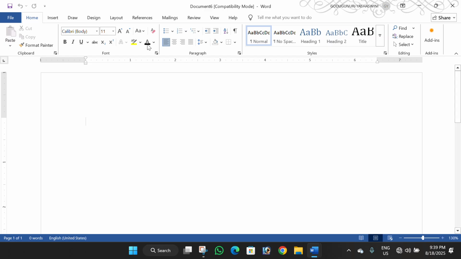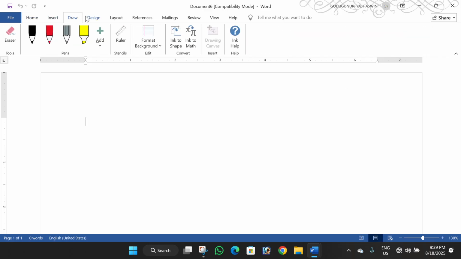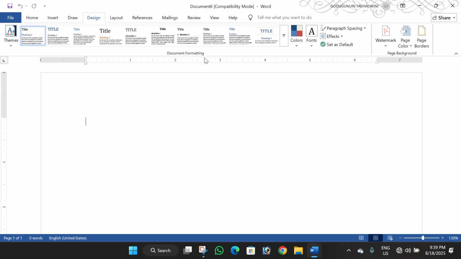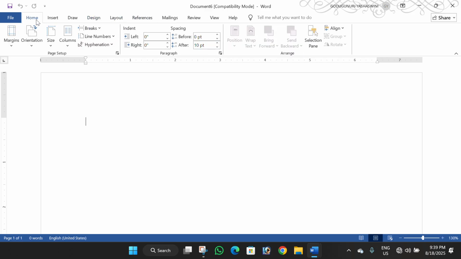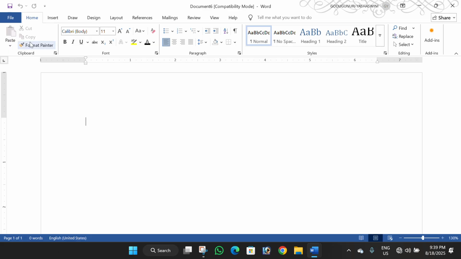Hope you understand how to see. You can see the remaining options as well. So for every tab there are groups. Got it? What is meant by tab? What is meant by group? What is meant by tool or command? Hope you understand this. First thing is we'll go for editing